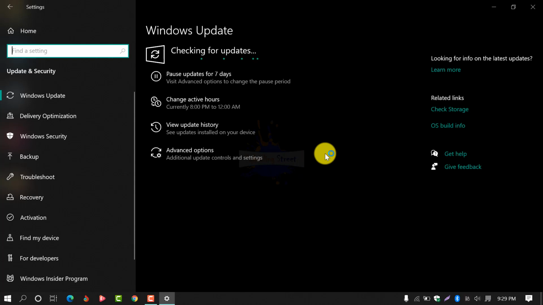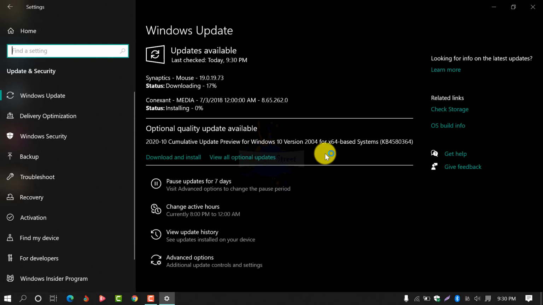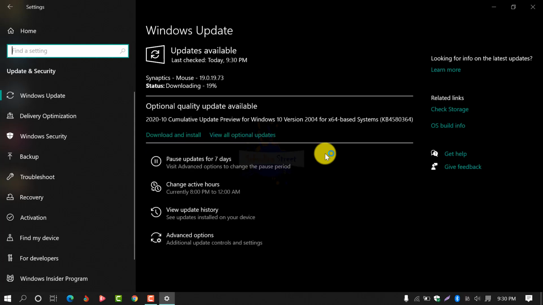Here you need to wait a little bit so that Windows can check all the updates that have been selected to download and install. After successful checking, Windows will start to download Synaptics Mouse 19.0.19.73 version.